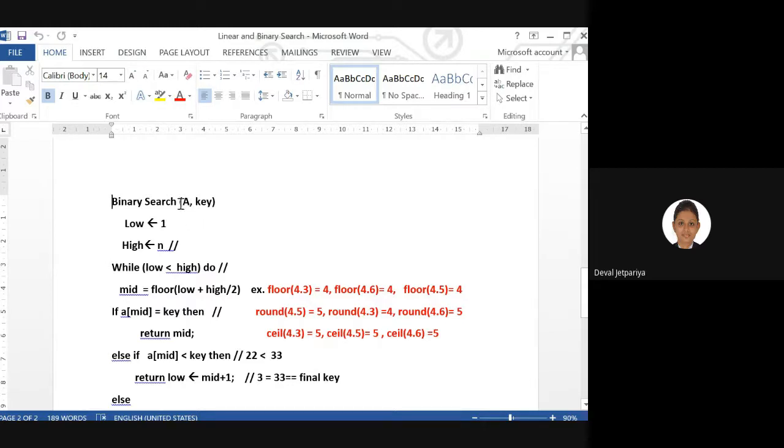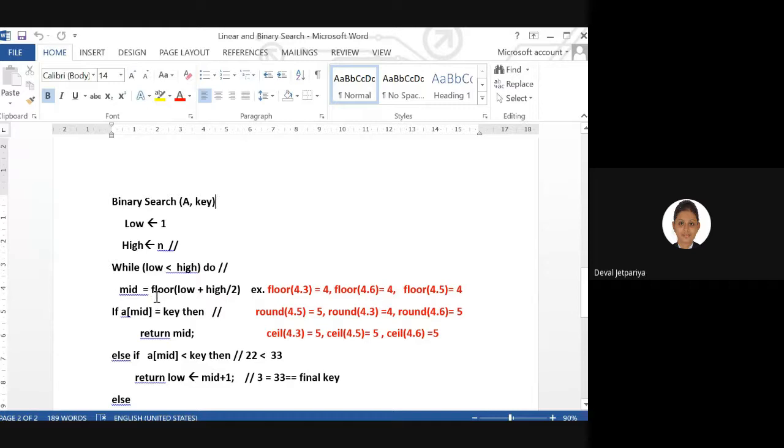Okay, so again the input criteria, input values are the same: we give the total number of array elements and one key value. That key value we will try to search in the entire list. Now as we need to divide our list, the initial value is treated as low, and the last value is treated as the high index. If we want to identify the mid value, the formula is (low index plus high index) divided by 2.